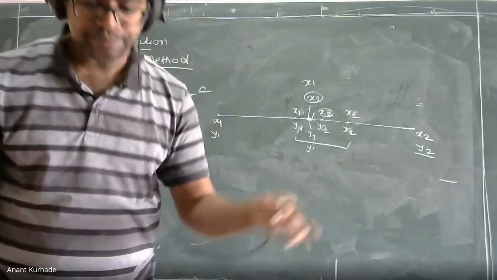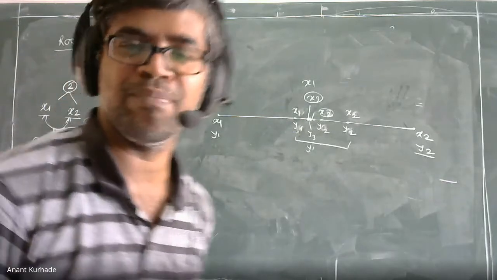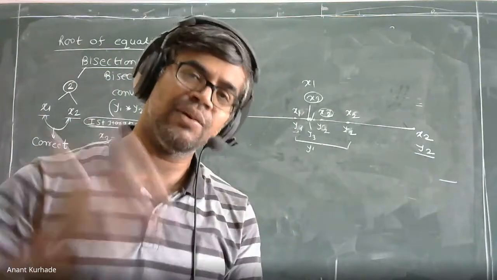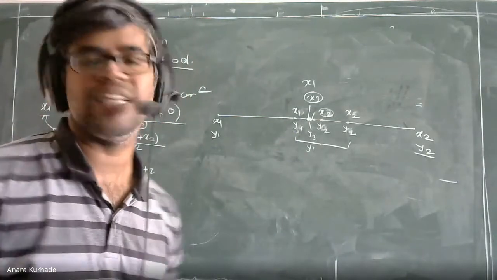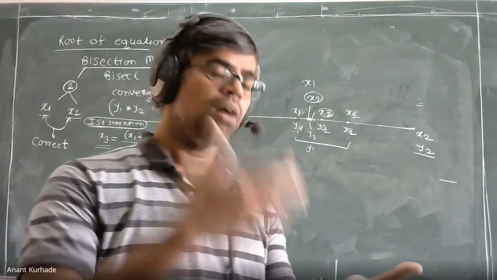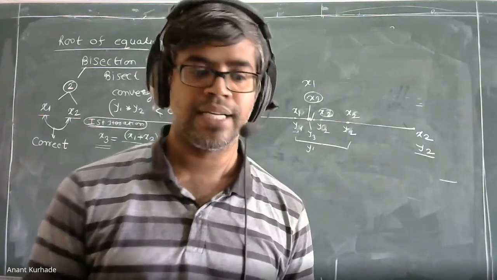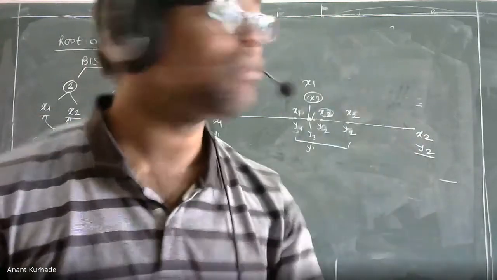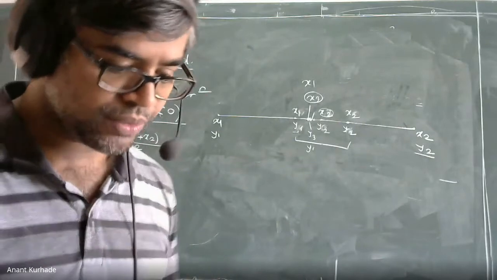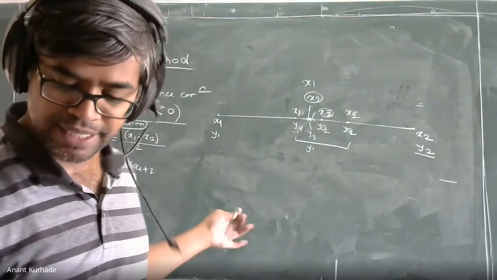Is it okay? Tell me. Sir, but when we consider the graph of y equals e raised to x, it always lies above the x-axis. Okay, I just gave e raised to x as an example, but along with it you can have e raised to x minus 3x, e raised to x plus cos x, sin x, like that. You cannot have, for example, y equals log x to the base e. In order to have a root, the graph must cut the x-axis. So the equations in examination problems can be managed like this.